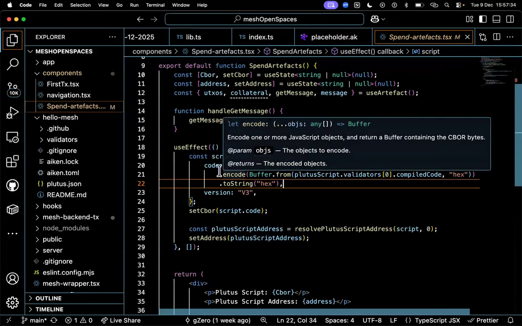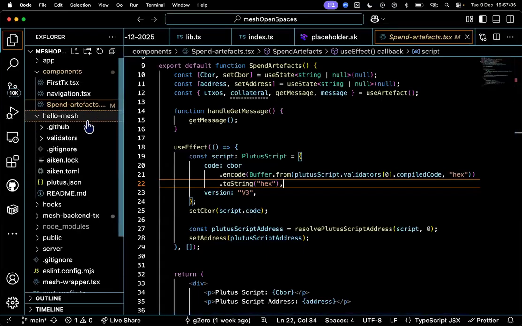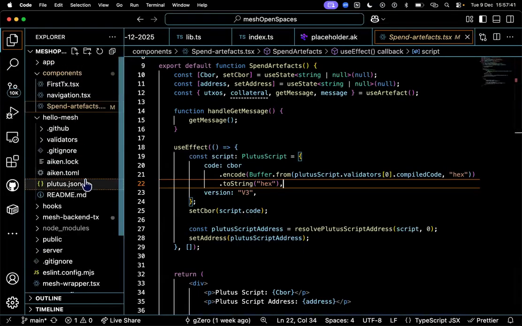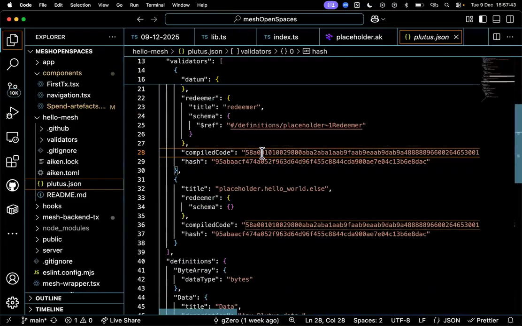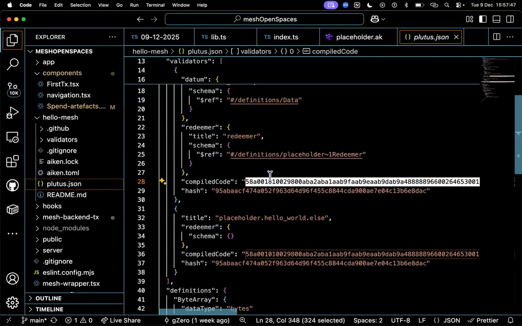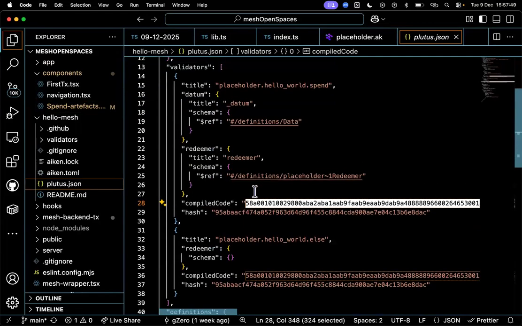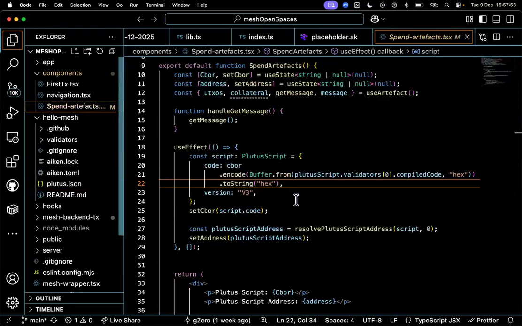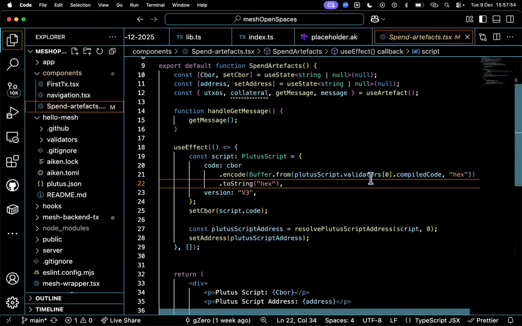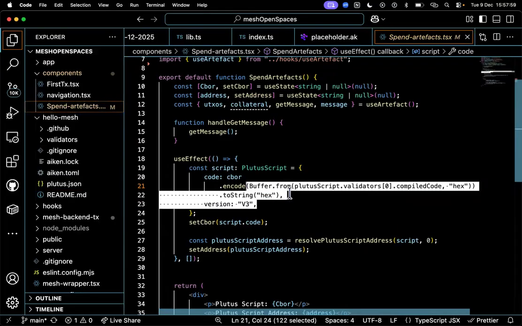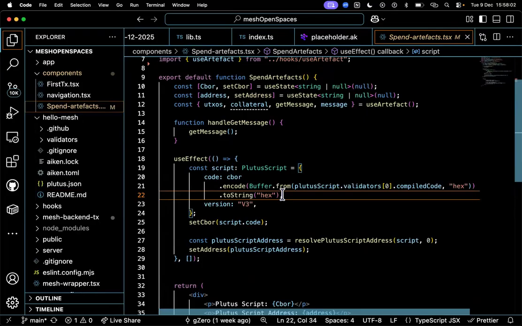But normally I would just always pass this script you are seeing here, and I would use it directly in a transaction without giving it this encoding. But for the sake of what we already did last week, which is the pattern